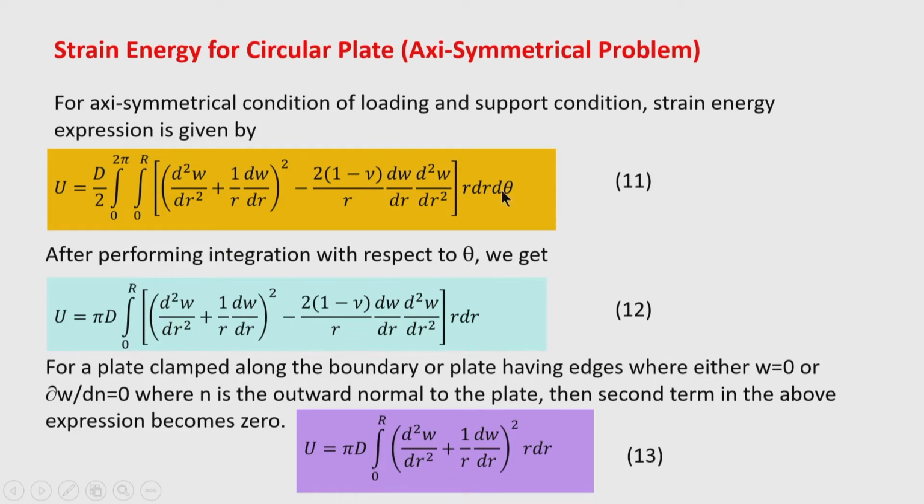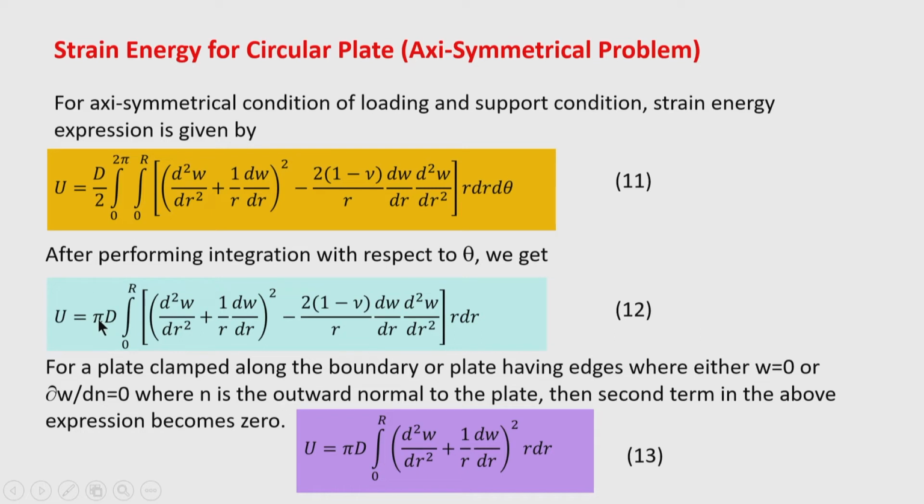As a result, the dθ integration from 0 to 2π is nothing but 2π. So, after that only integration with respect to r remains, and capital R is the radius of the circular plate. After performing integration with respect to θ, we get ultimately the final expression for the strain energy of the circular plate in axisymmetrical cases